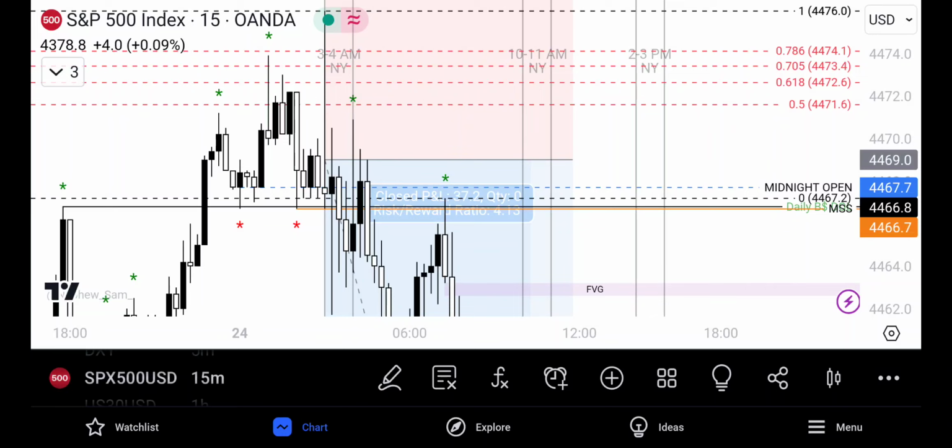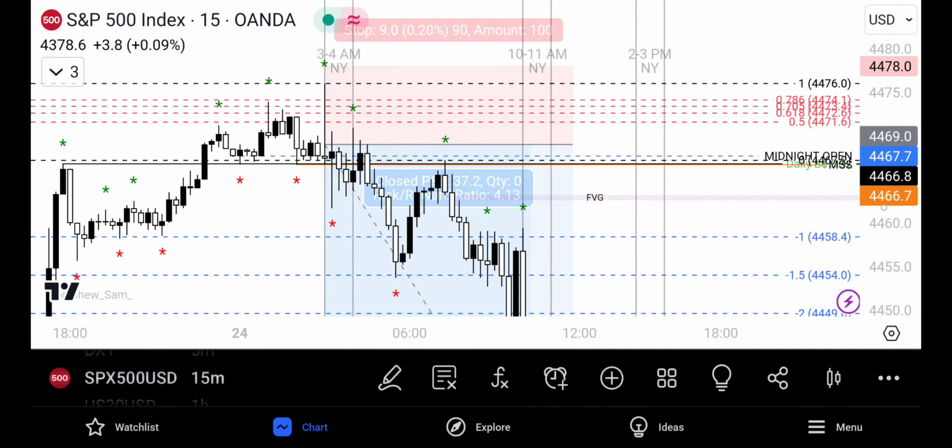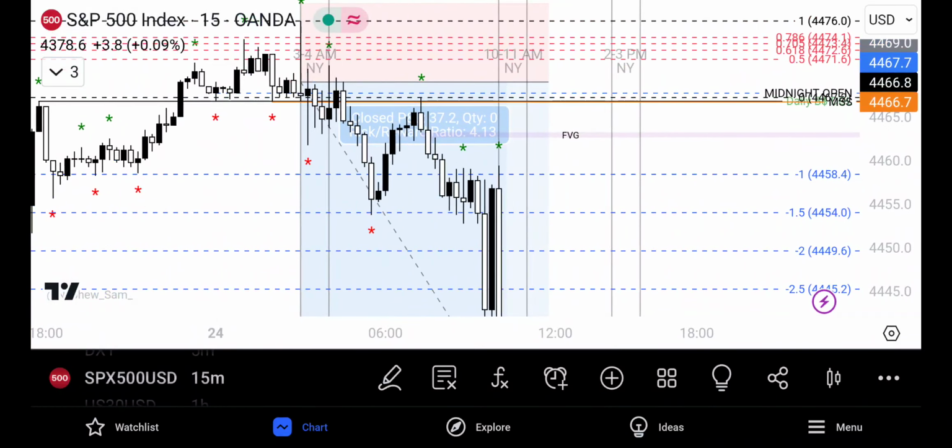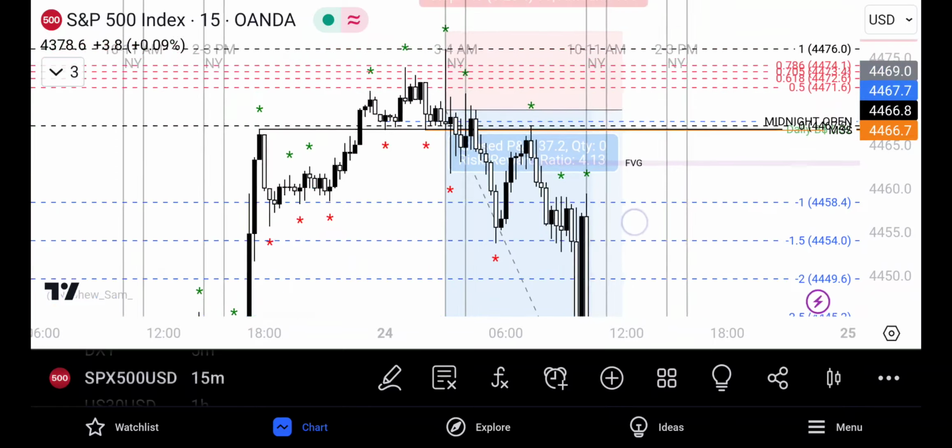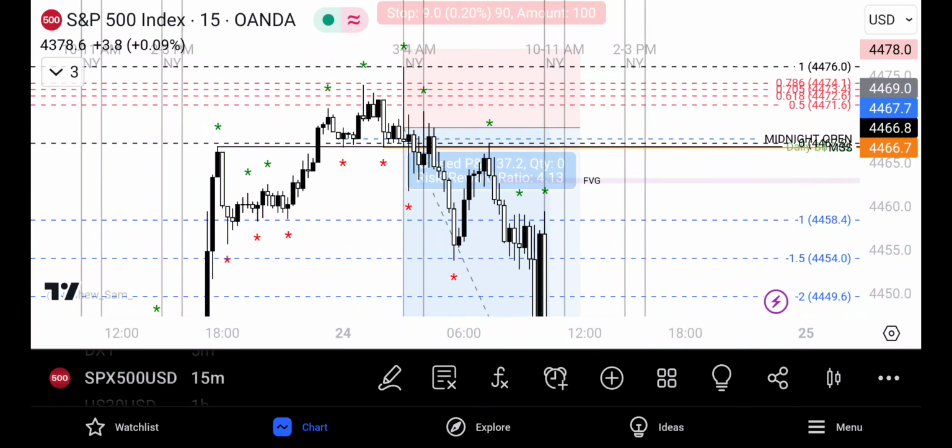I didn't know that we would have a Thursday reversal profile. I was hoping that Monday and Tuesday would go up, and we would get the reversal on Wednesday. We didn't get the reversal on Wednesday. We kept going up on Wednesday, and that really messed me up because I had two positions that I was holding overnight, and it went against me like crazy. So I am finally back to break even for the week. So not a profitable week for me. Hopefully tomorrow, if we hit the weekly draw on liquidity, then I will profit just a small percentage.